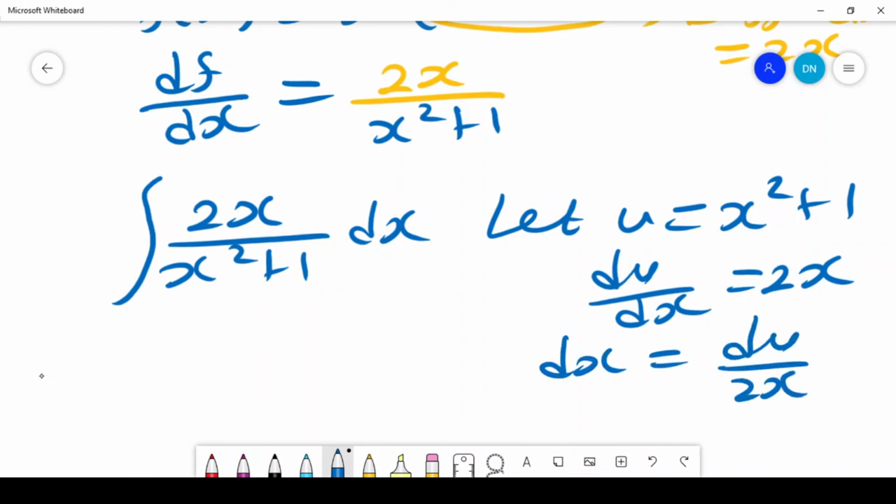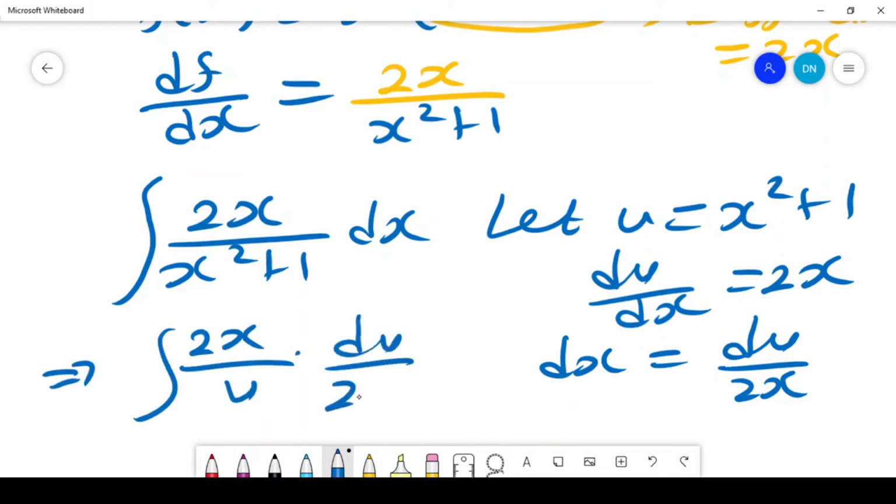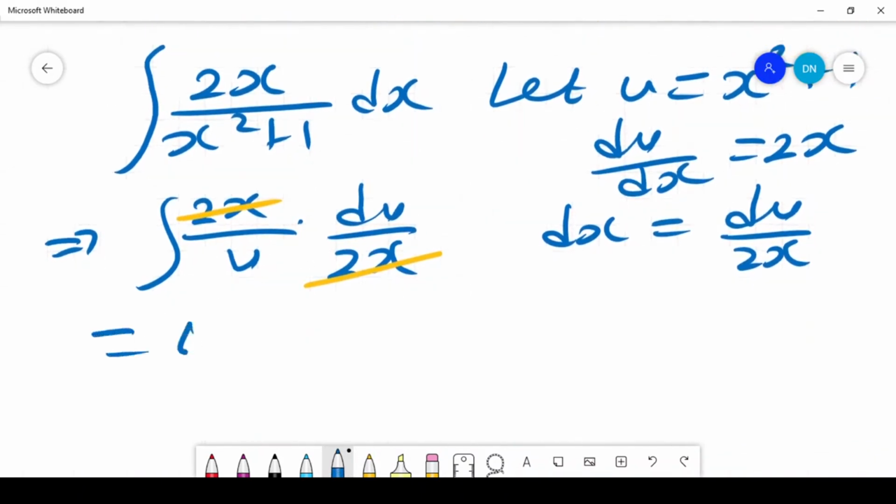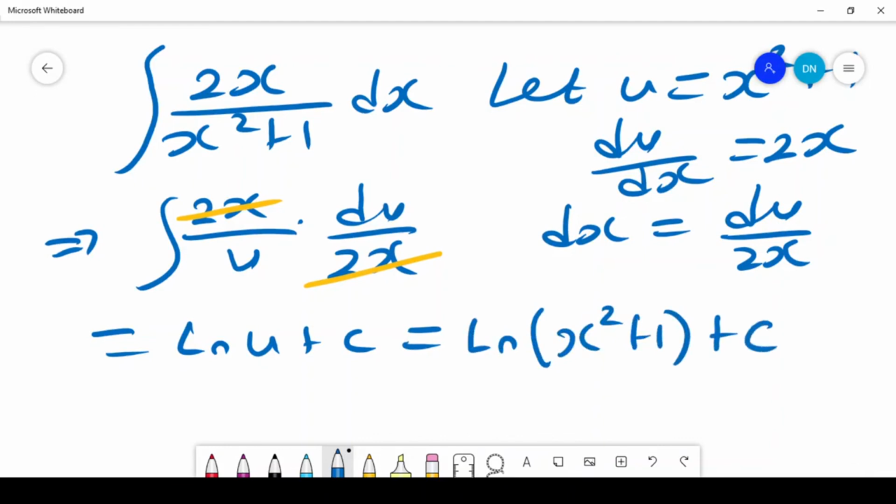So if I come back to my integral, I'll write it as 2x over u times du all over 2x. Again, we can easily see that that cancels. If I integrate du over u, this gives me ln of u plus c. My u is x squared plus 1, so that is ln of x squared plus 1 plus c. And that shows